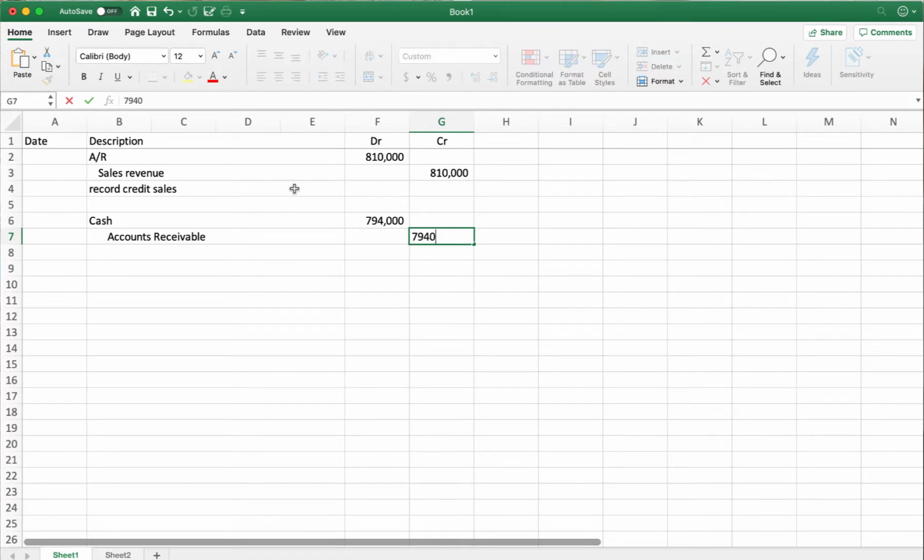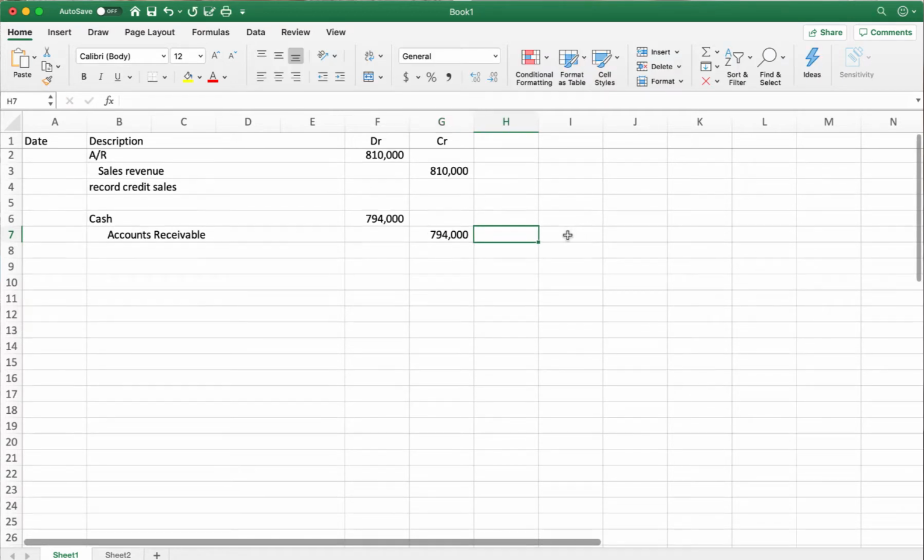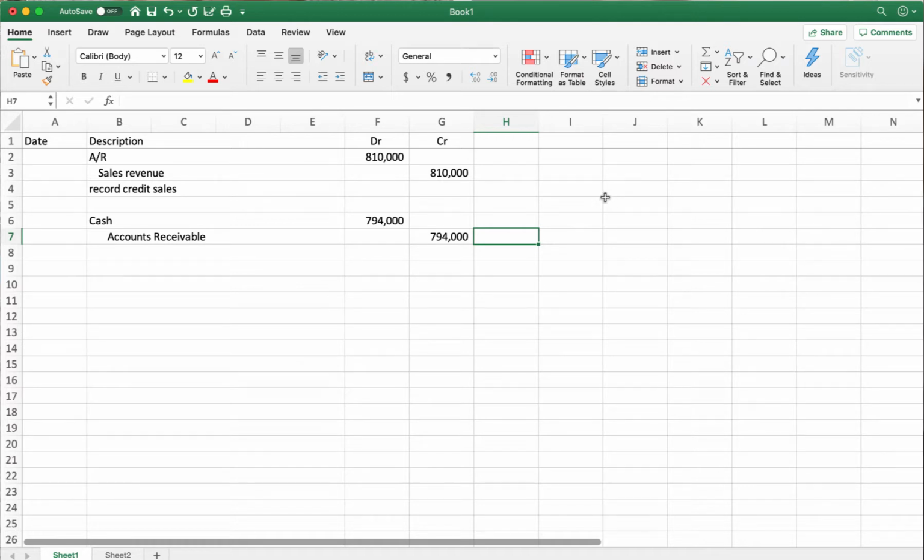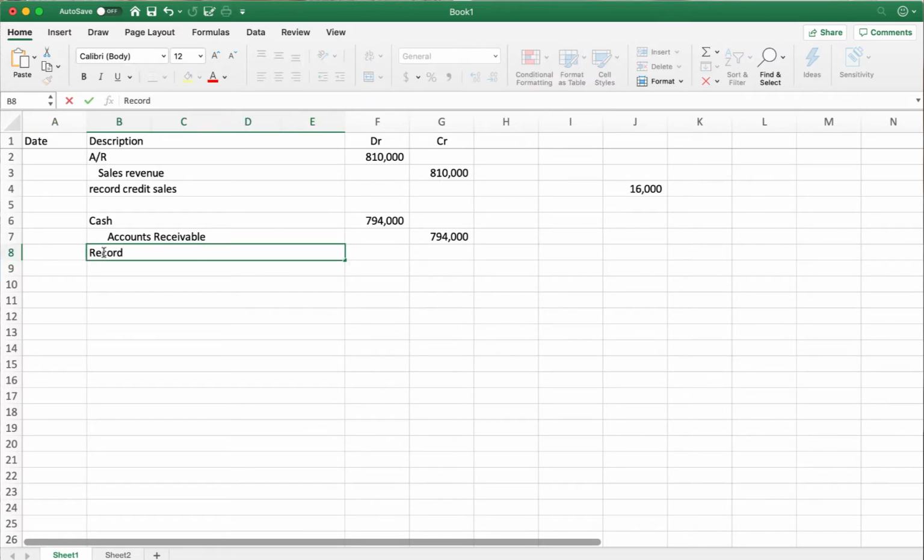$794,000. Now, right off the bat, I can figure out what is my balance of accounts receivable. Well, let's figure that out. I had $810,000. I collected $794,000. That means I have $16,000 left on my accounts receivable, just based on these sales. That's it. Okay? So, let's go through and do our journal entries. And this was to record cash